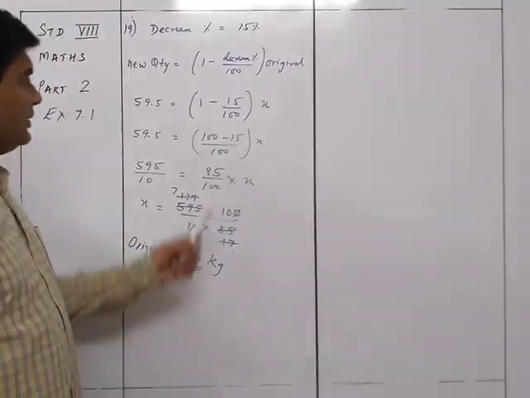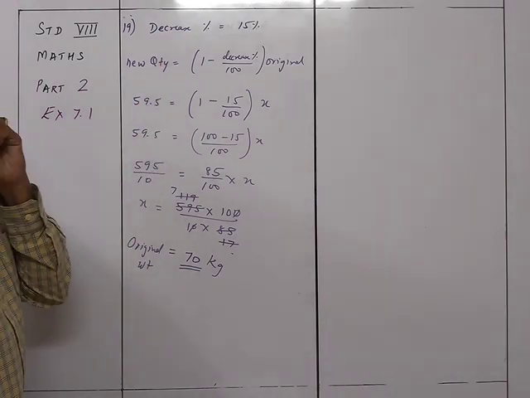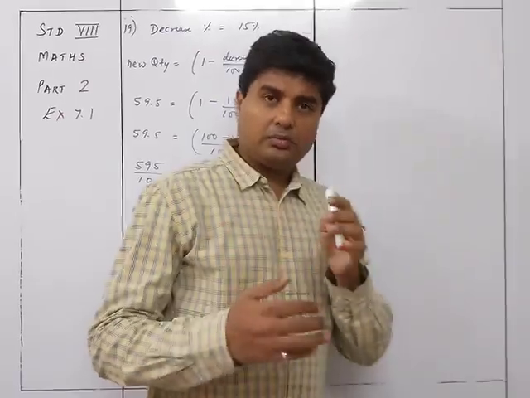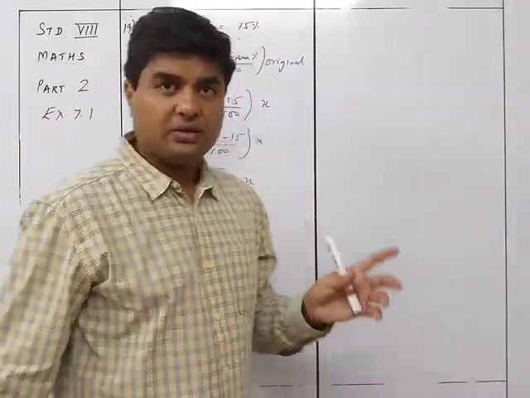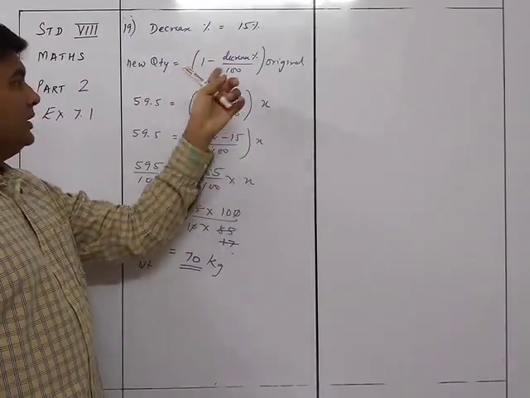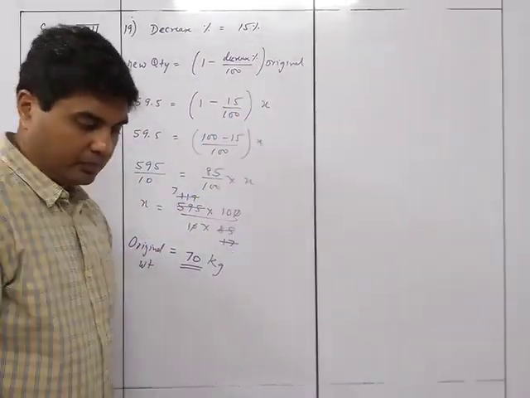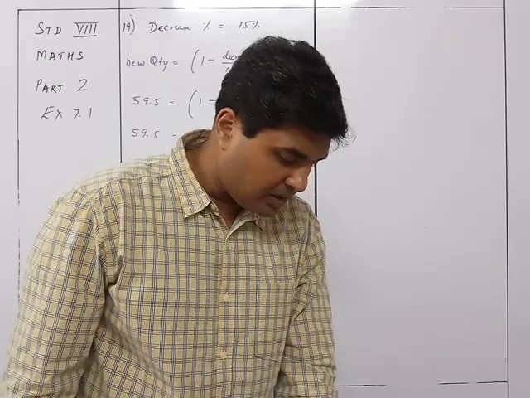Easy? See, you are using the formula and just placing the values into the formula. By this, you are making the sum very easy. Otherwise, it will be very difficult if you keep on trying something else. If you make use of the formula, it will be much easier, where you already know the new value and need to find out the original value. We now move on to sum number 21.